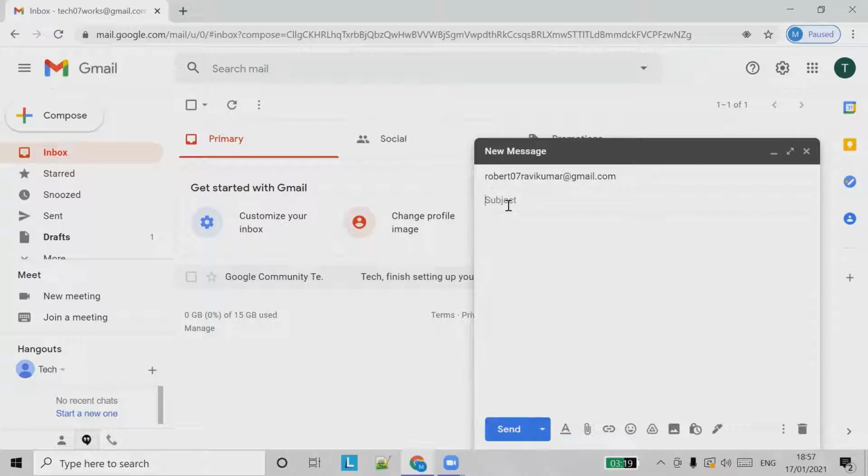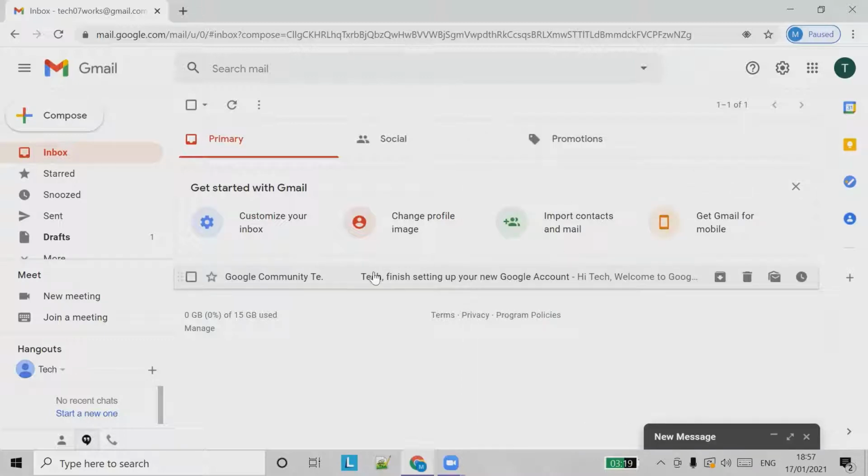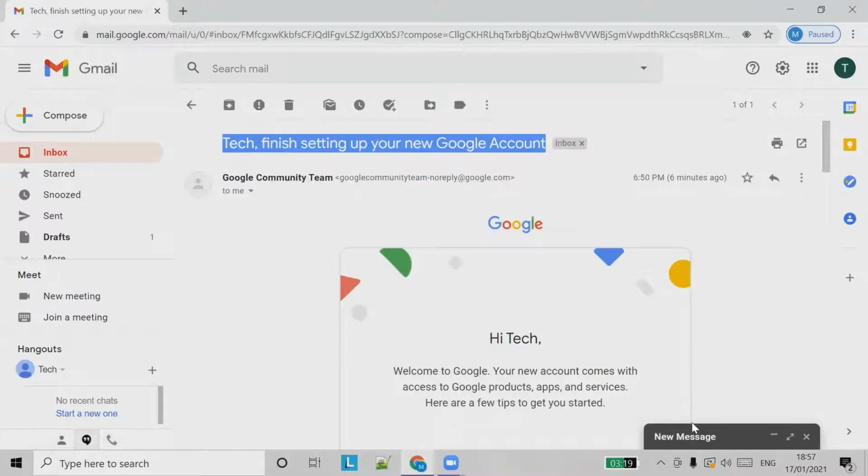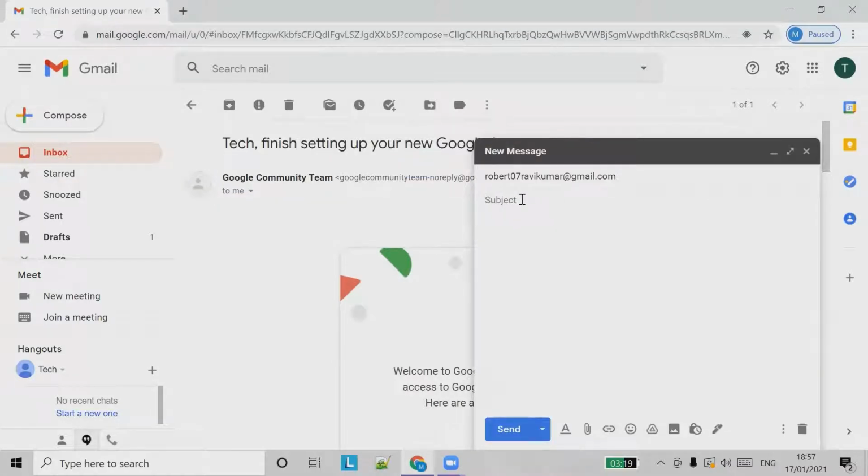Subject. The subject of an email is the thing that appears here. In this case, the subject is finish setting up your new Google account. Okay, and if you go inside, you can see it here. So this is what we type here, and this will be the subject. You could type anything you want here. Say, let's say,